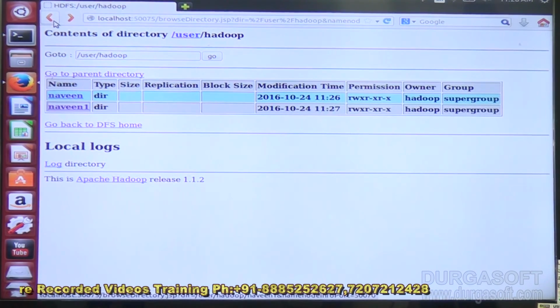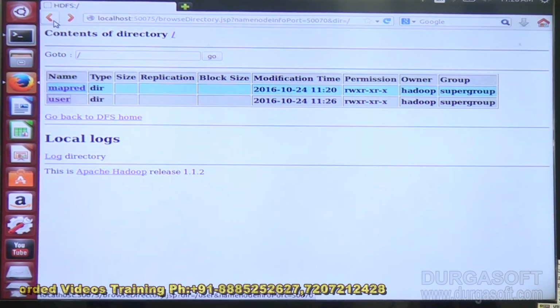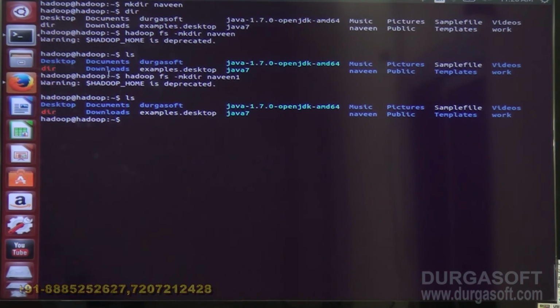So for anything using HDFS, if you want to look at where your directories have been created, you simply open the web UI of the name node and click on Browse the file system, where you will see information about the different directories that you have created. Or else I can also do it directly like this: make a directory